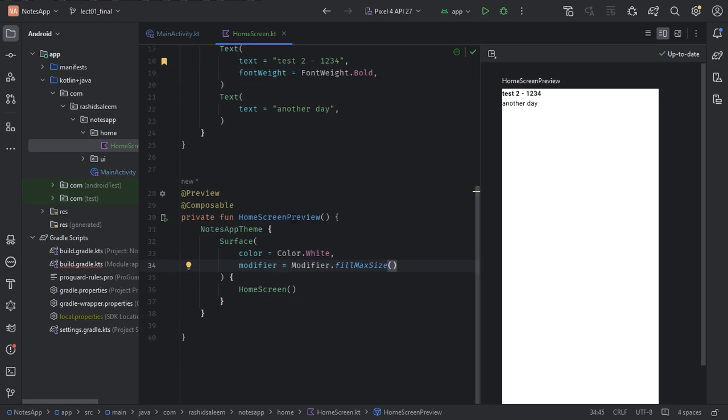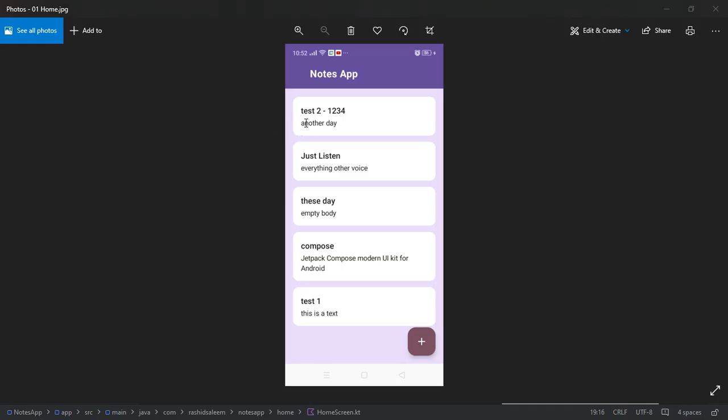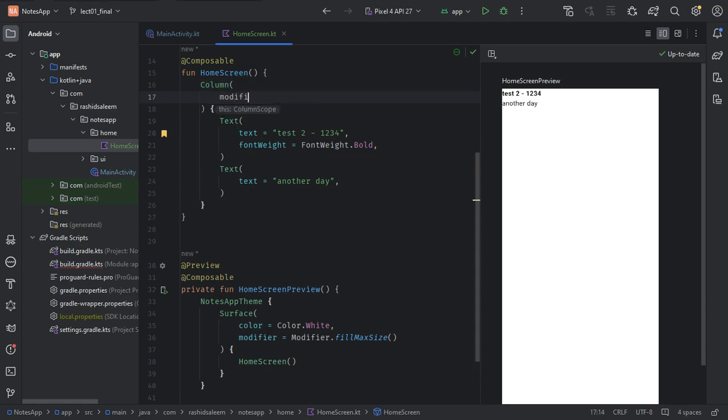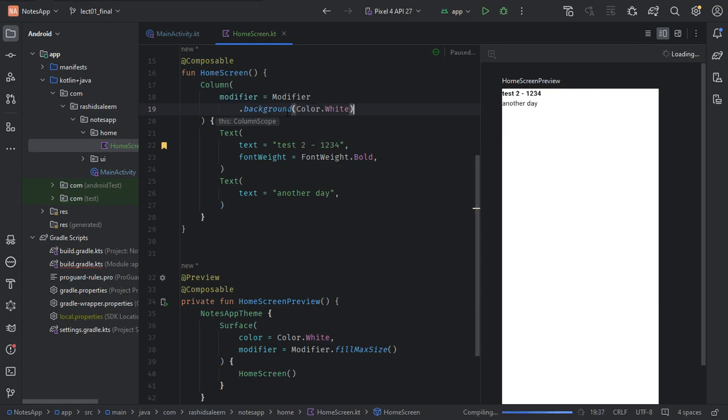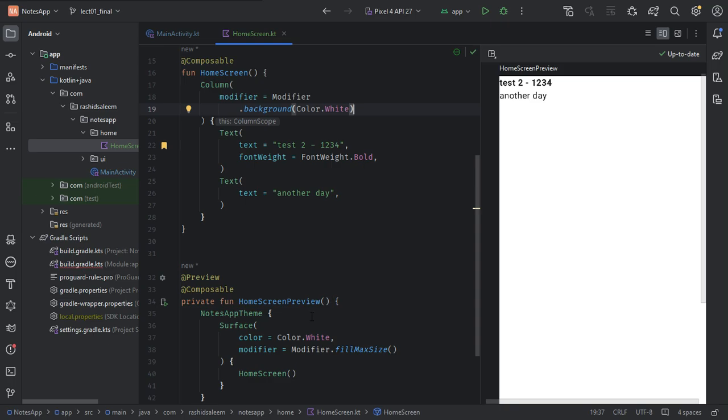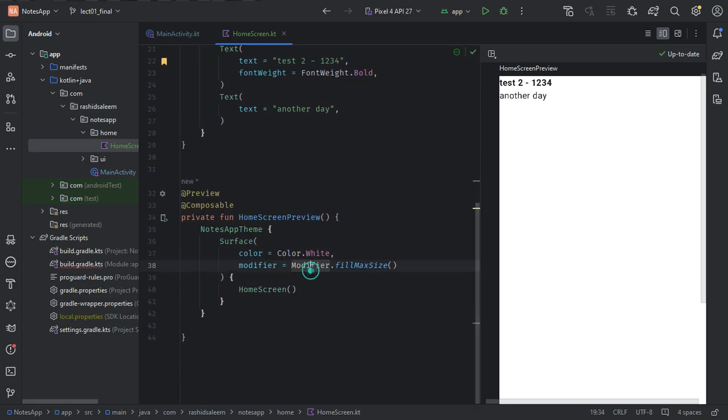So first of all, I will make the color of this one white. We have made this color white, but we haven't seen any difference in here. This is because on the surface we have used the color white, and on the column we also use the color white. So both colors are white, that's why we aren't seeing any difference in here. So what we can do is change the color of this